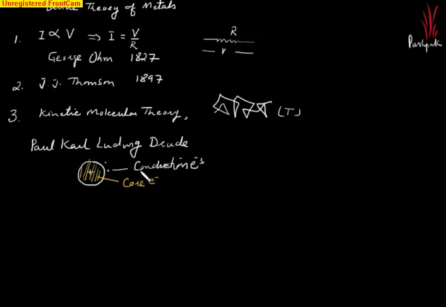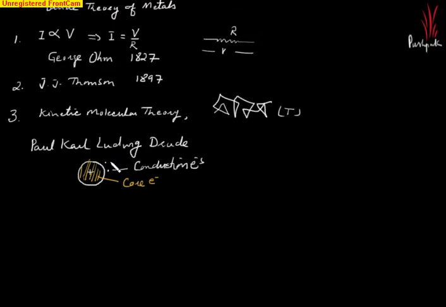Further, these conduction electrons which are in the outermost orbit or shell of the atom are considered as free electrons in this theory, and these electrons are just like the molecules of kinetic molecular theory,